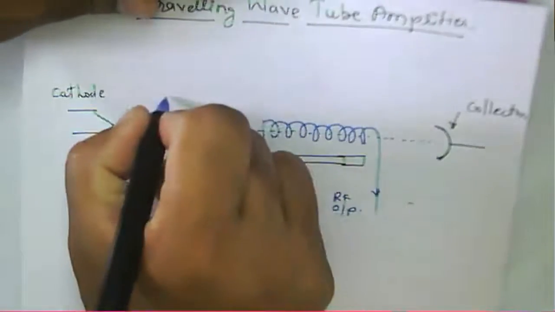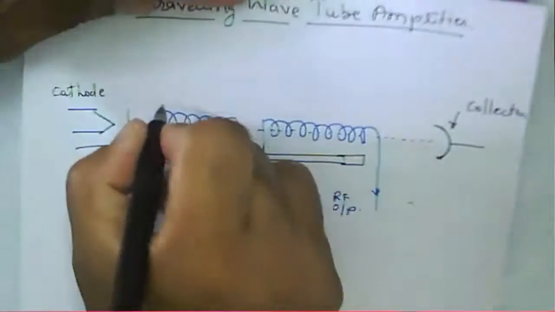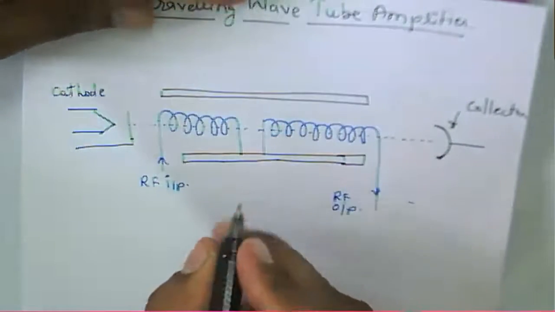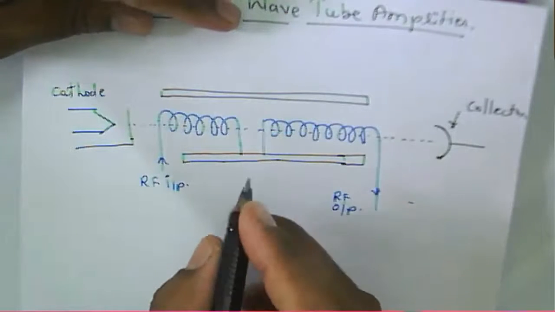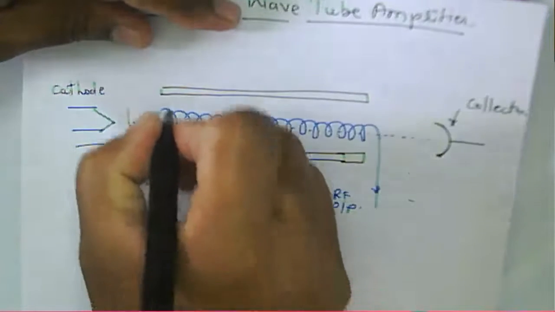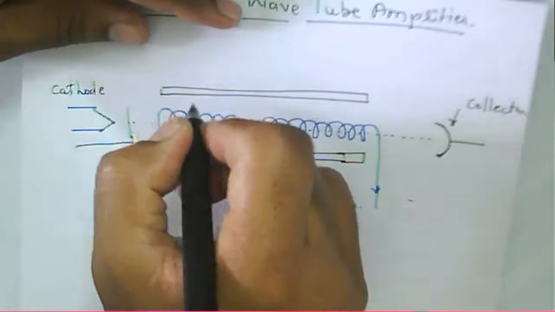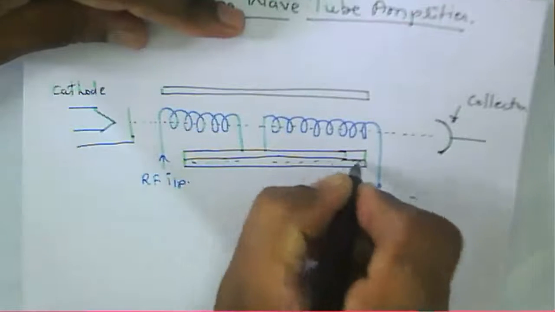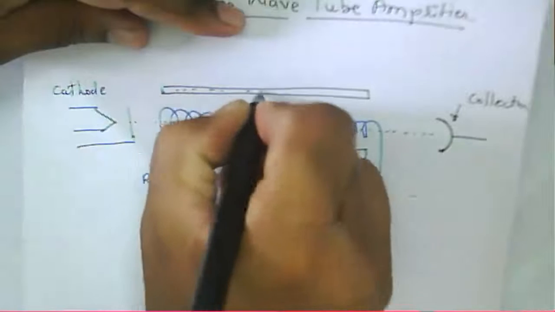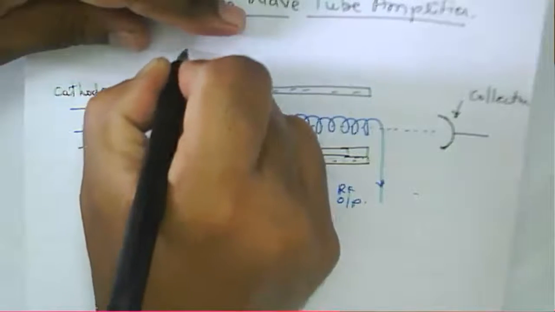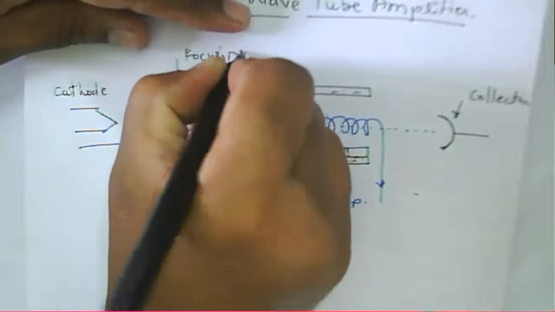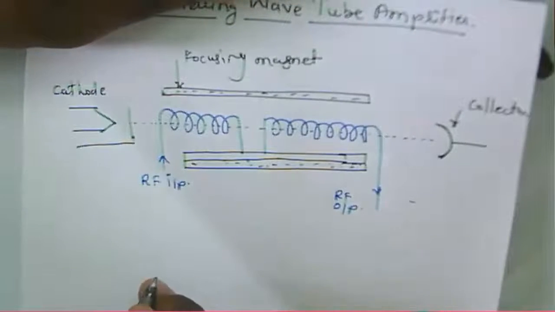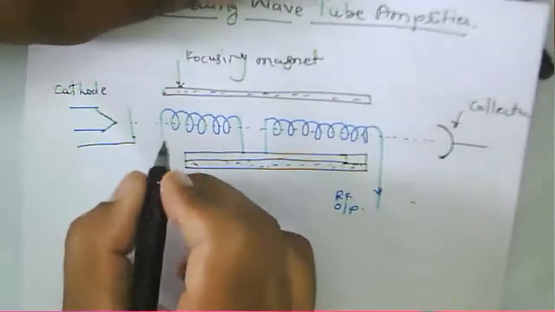This one is the tube body. And we can use a focusing magnet here as well. This is the focusing magnet. It's about the structure or construction of the helix. That's the RF input. So then